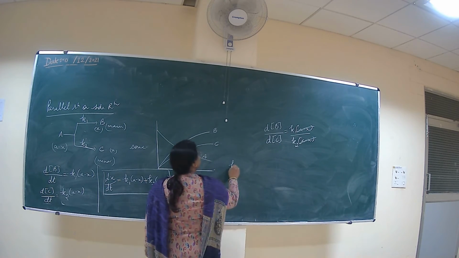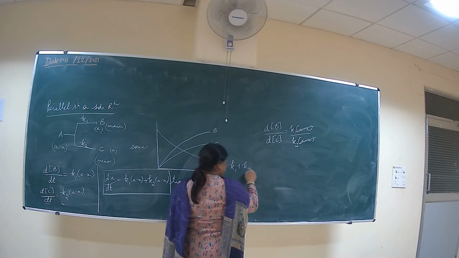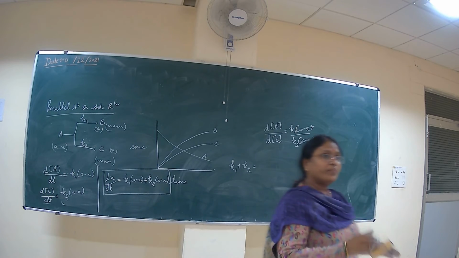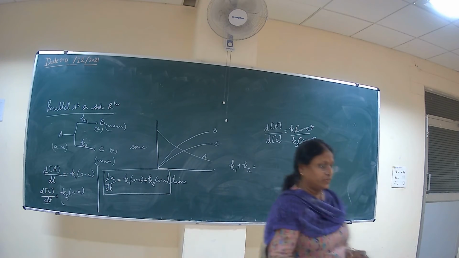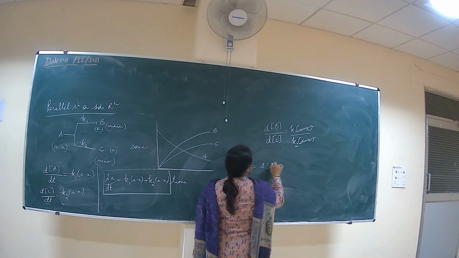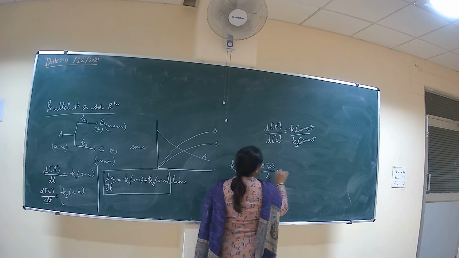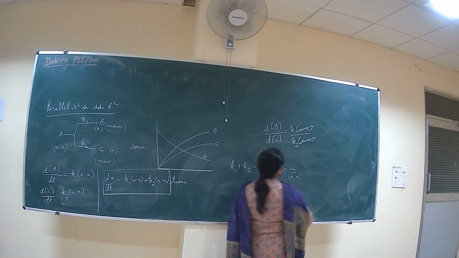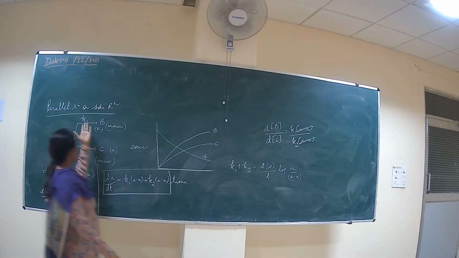It will be K1 plus K2 equal to 2.303 upon T log of A upon A minus X. Okay. ये हमारा जाएगा 2.303 upon T log of A upon A minus X. ये हमारा किसके लिए है? जब यहाँ पर first order होगा,